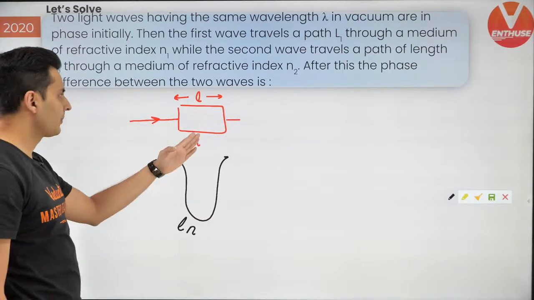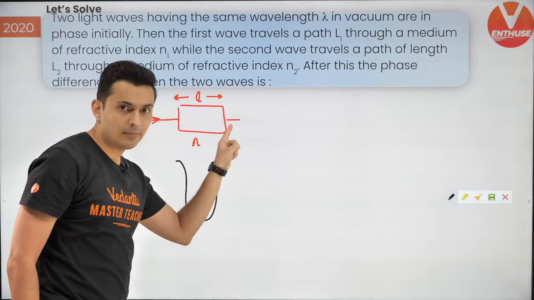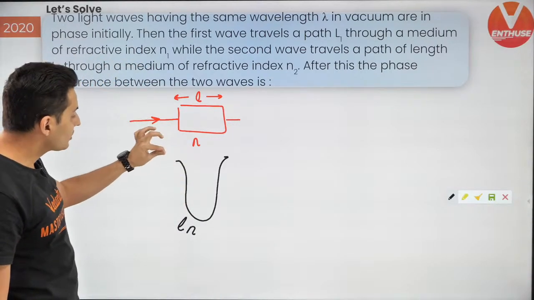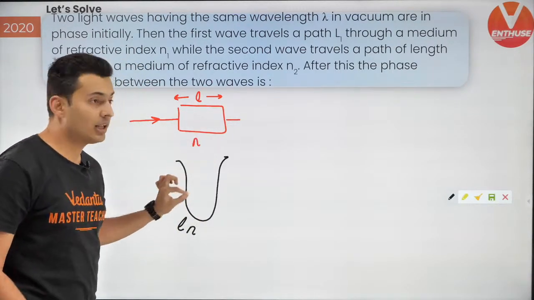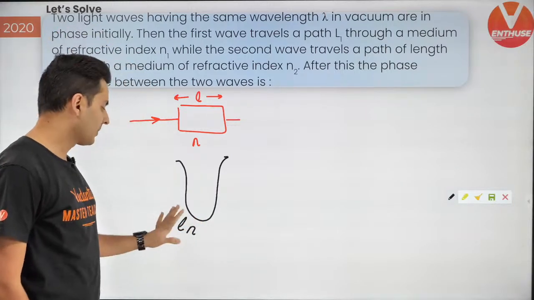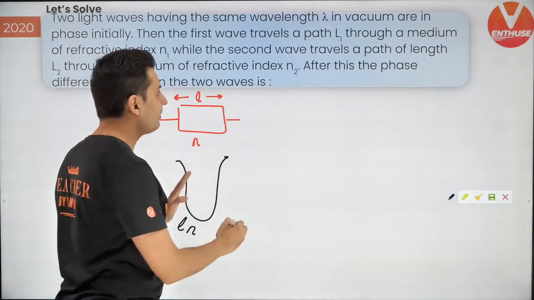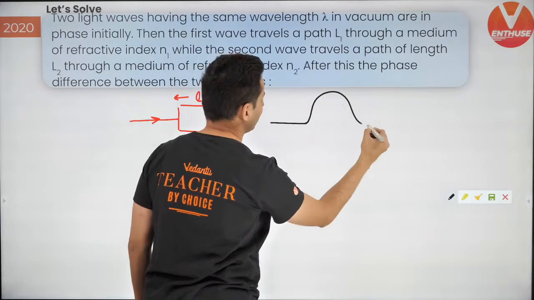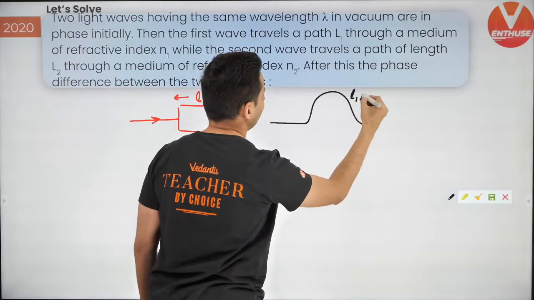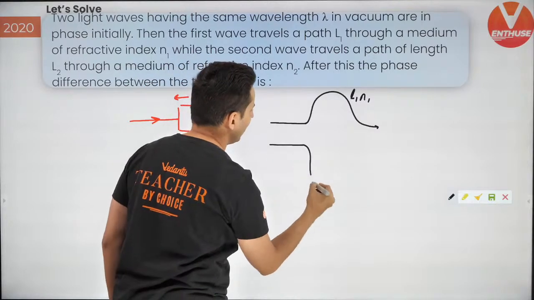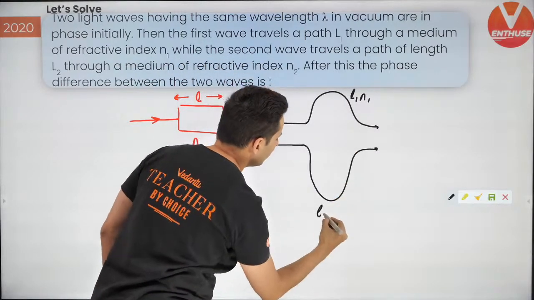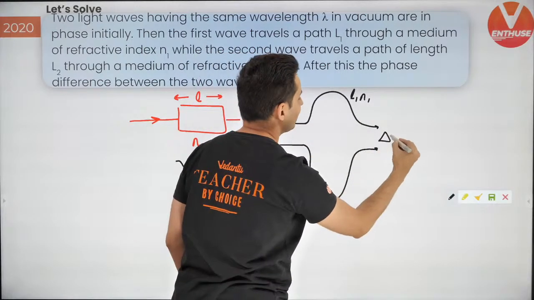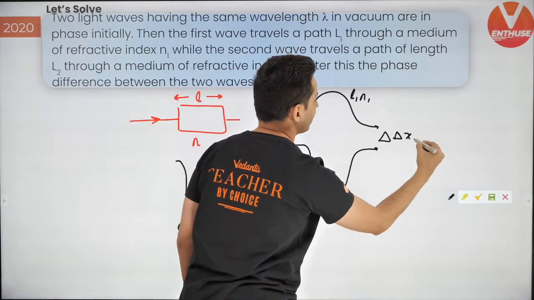Keep this in mind. If a light ray goes through a glass slab of refractive index n, then it is as if it's going with the same speed in air but a larger distance of L n. Keep this in mind. So guys, think about it. One ray is going to travel a path length of L1 n1. The other ray is going to travel a path length of L2 n2, and both of them are going to have some path difference, and that delta x